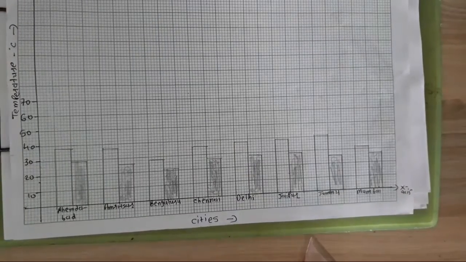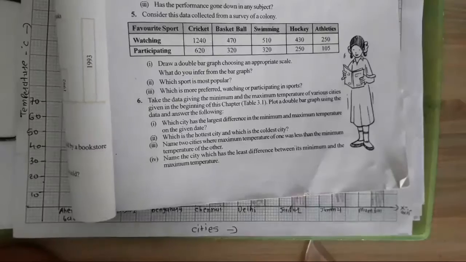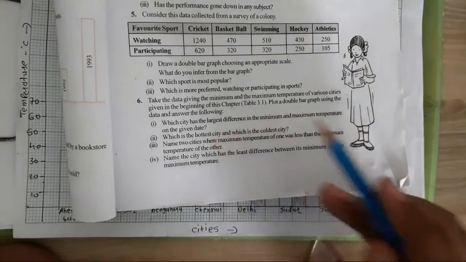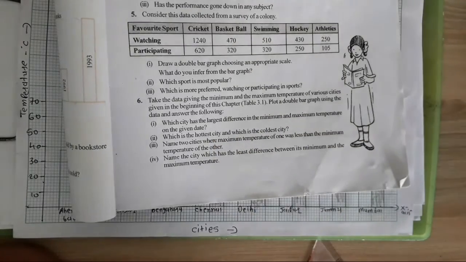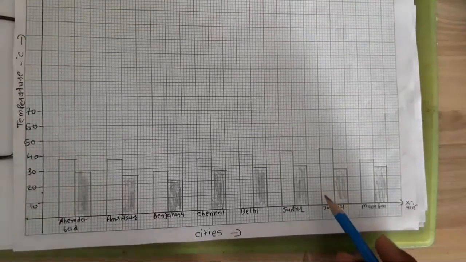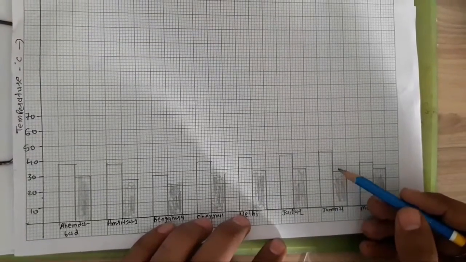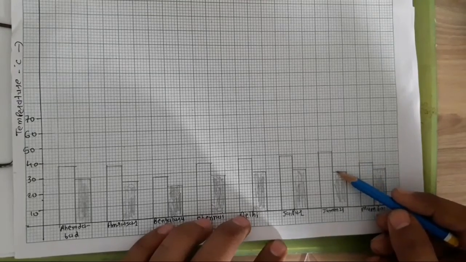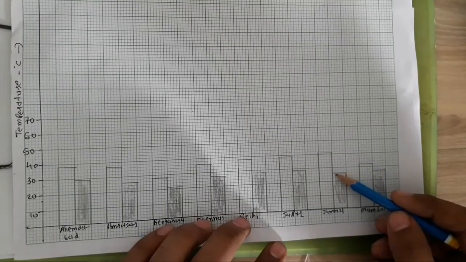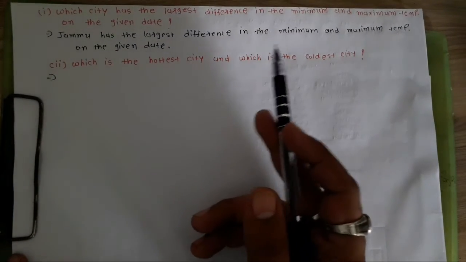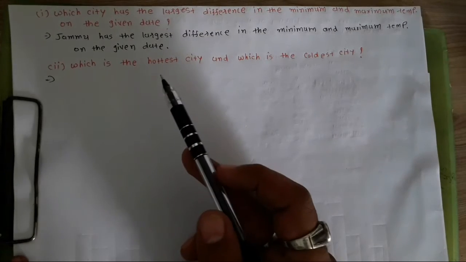Now there are some questions which we have to answer. The first one is, which city has the largest difference in the minimum and maximum temperature on the given date? Now we have to find which city has the largest difference between minimum and maximum temperature. So seeing the bars of Jammu, we can say the largest difference between maximum and minimum temperature is in Jammu, because here we can clearly see the largest difference. So we can write